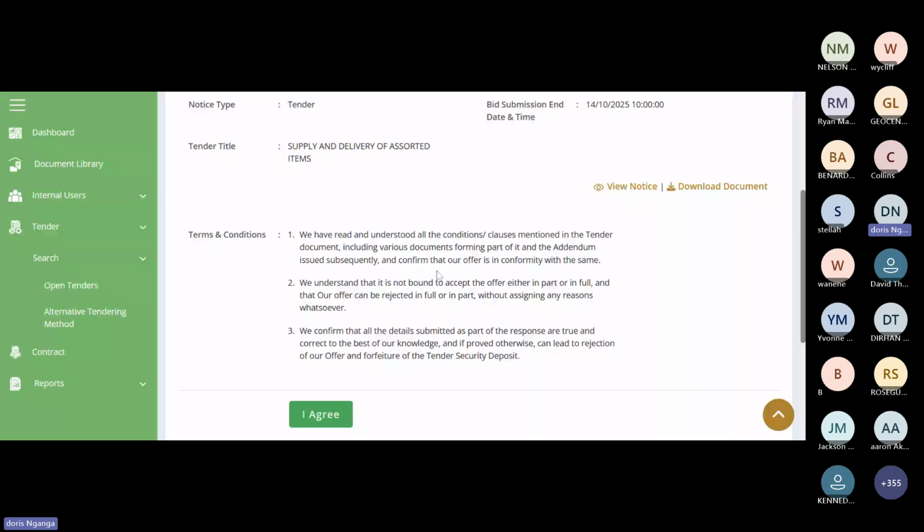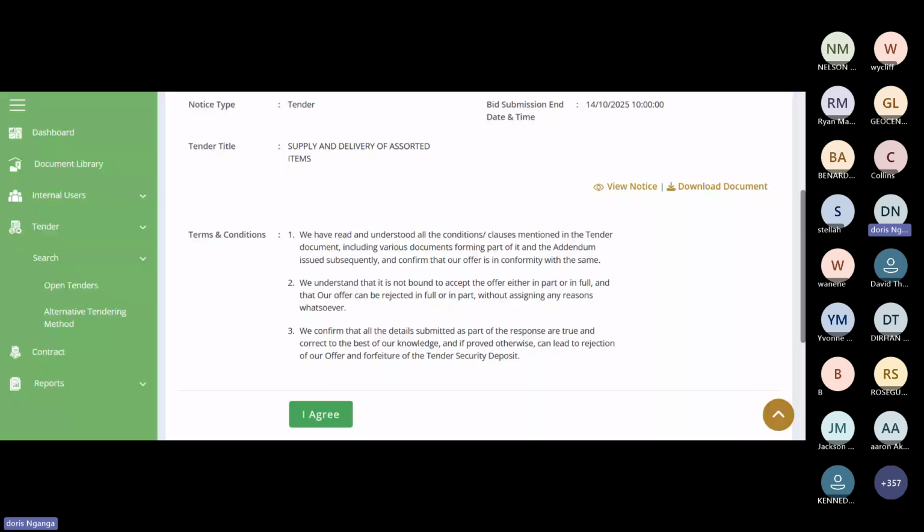We understand that you are not bound to accept the offer either in part or in full, and that our offer can be rejected in full or in part without assigning any reason whatsoever. We confirm that our details submitted as part of the response are true and correct to the best of our knowledge, and if proved otherwise, it can lead to rejection of our offer and forfeiture of the tender security deposit.